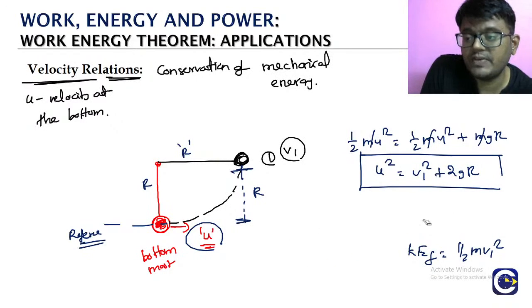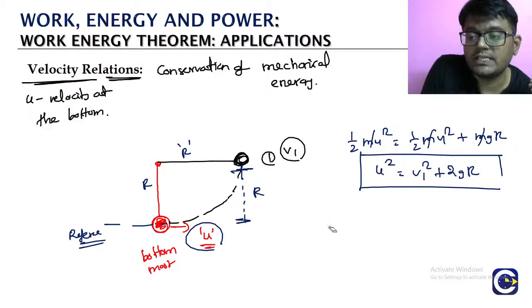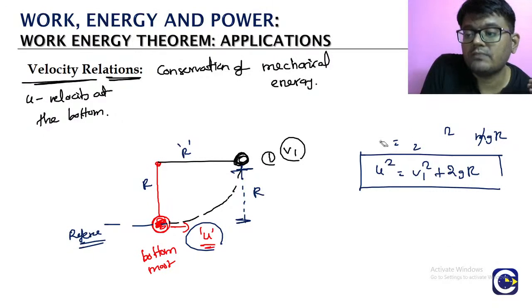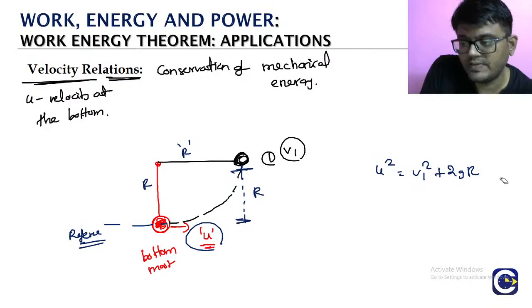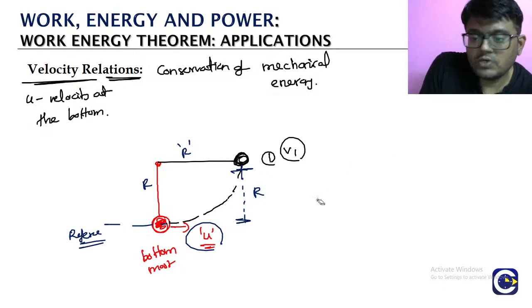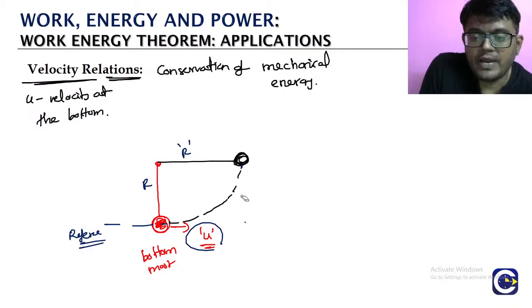So what is the relation we have? You can just take a note of it. What is it? u square is equal to what? v1 square plus 2gr. This we need to keep. So we are done with this story of point 1, which is